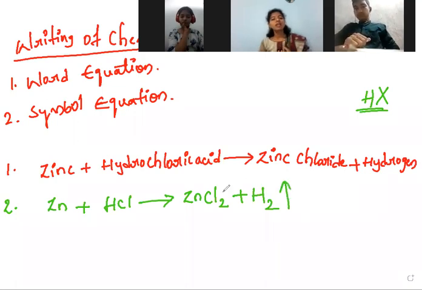Sometimes by writing the chemical equation in the word equation, you may write a wrong chemical formula. It also takes some time to write. When you write in symbol equations, it takes less time to write, and it is very convenient to read. To remember also, this is very simple. So that's why we choose the symbol equation every time instead of writing word equations. We have two methods, but we will use the symbol equation only.